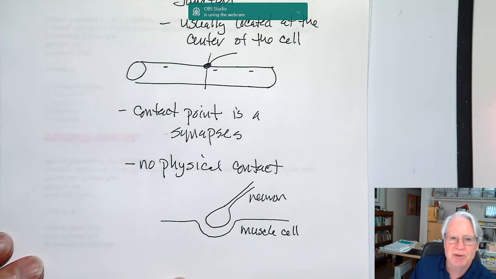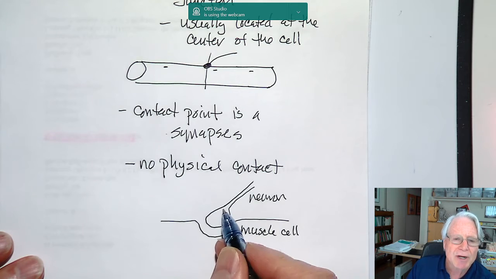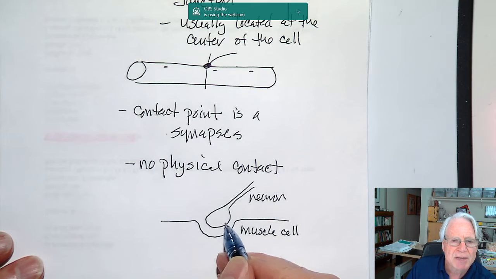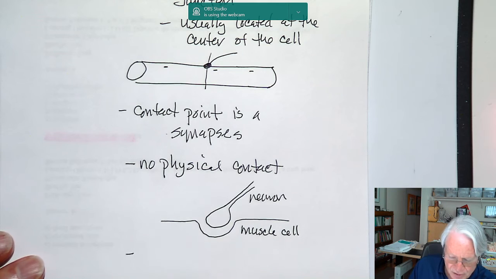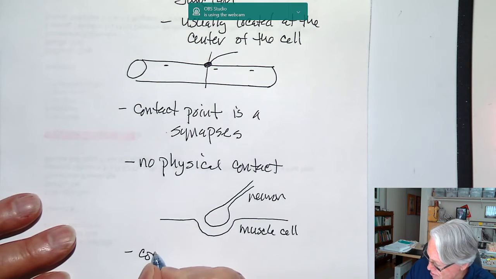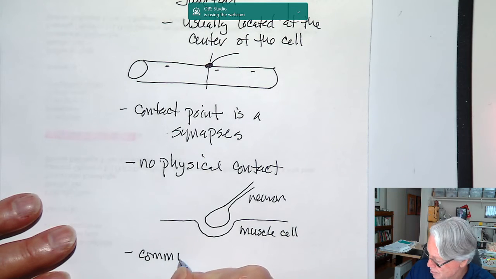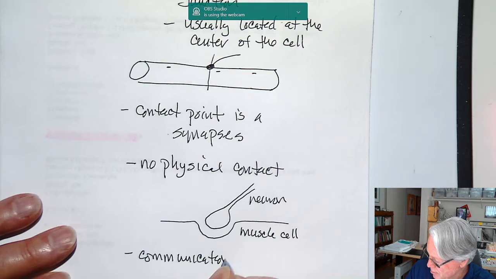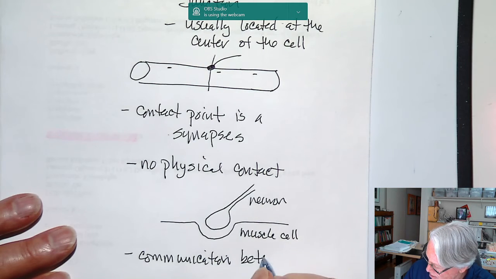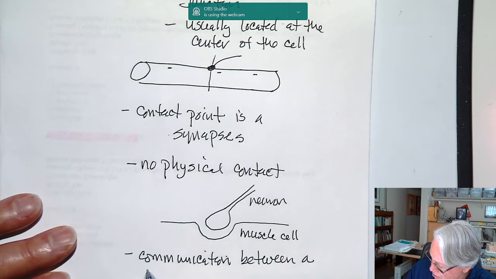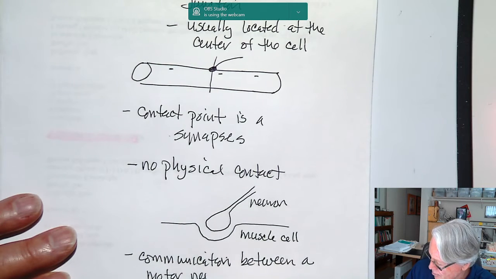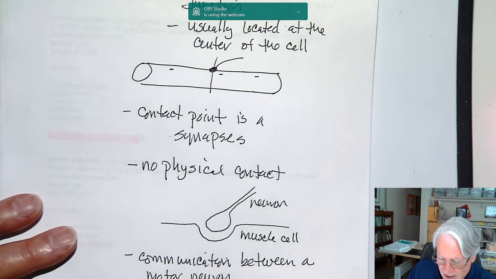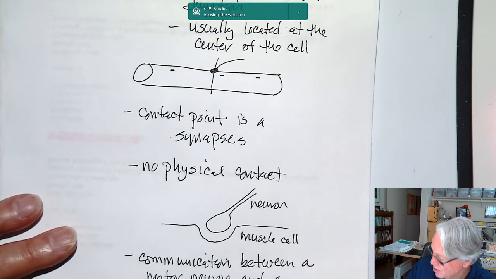So how does communication take place? How do we stimulate the muscle cell if there's no physical contact? What is the connection between this cell and that muscle cell? And the answer is a neurotransmitter. So the communication between a motor neuron and a muscle fiber